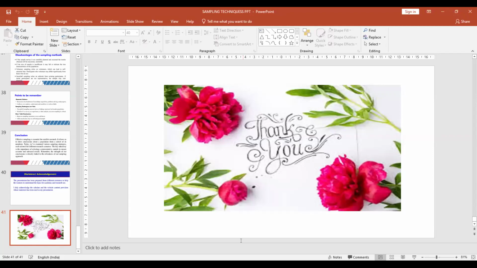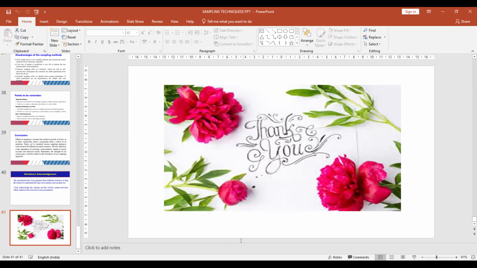Still, as we only surveyed customers taking the same product at the same time, the sample is not representative of all the customers in that area. So that's why this is convenience sampling. And if you want simple random,